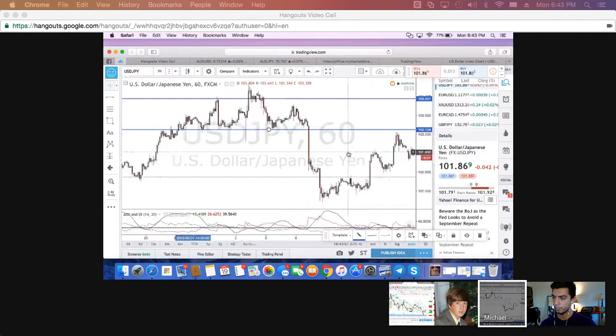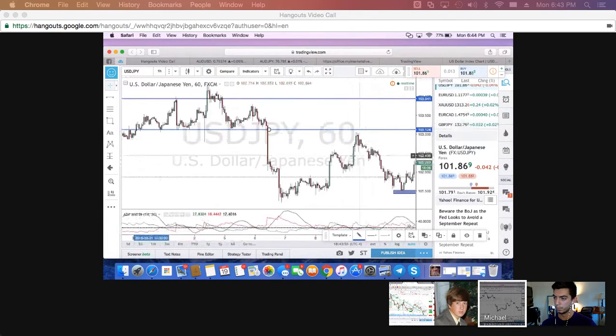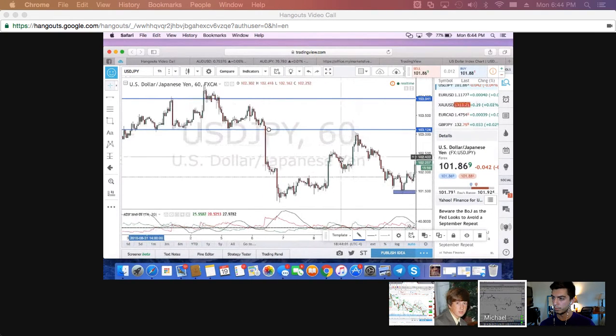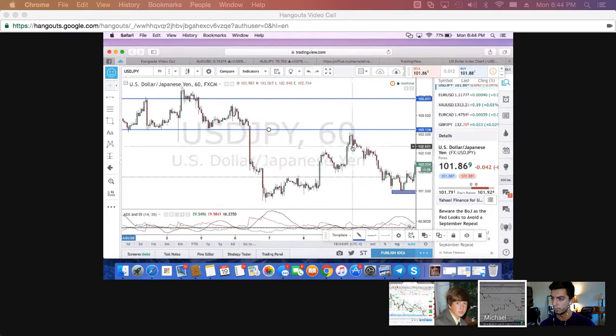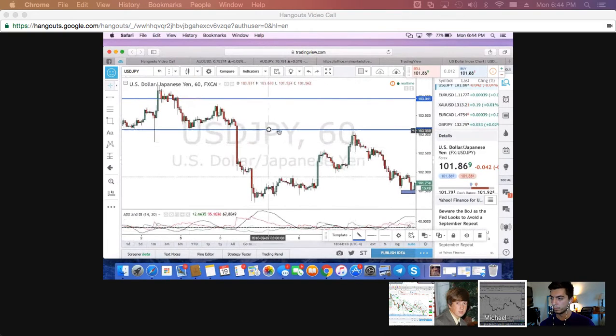So you're going off wick touches? Not really wick touches. I'm waiting for this to just back up and retest this. And if I see it fail, like it did right here, it came up and it failed, made a reversal. Honestly, it didn't get up to where I wanted it to. I might not have got into this, but after I saw a reversal like this at the new resistance, which was prior support, right? It came back up here, hit it, and failed to go back in there. So now this is the new resistance. After it made this reversal candle, I would have just hopped into the trade.